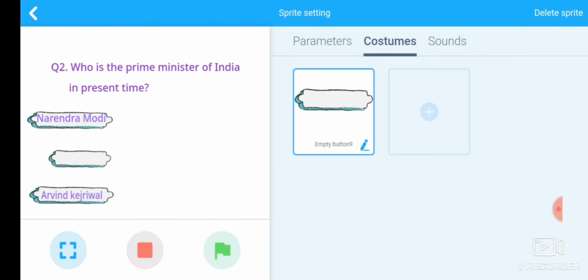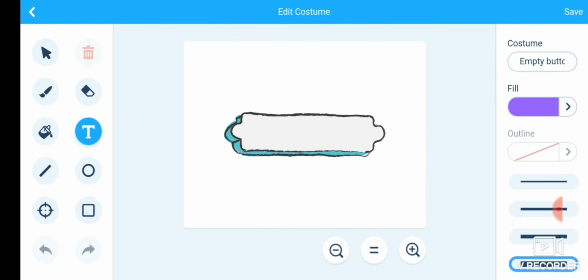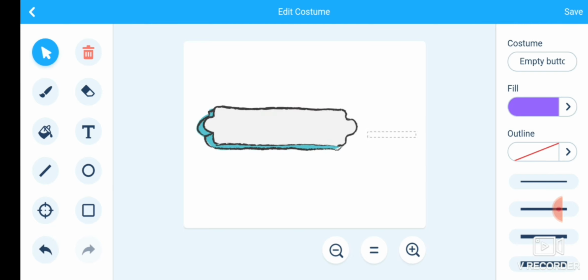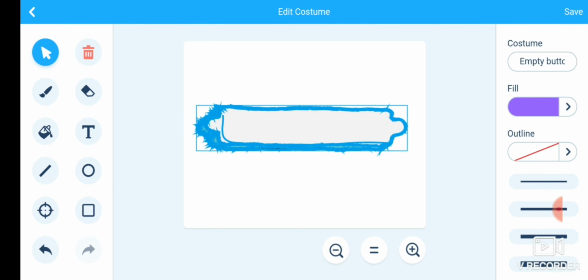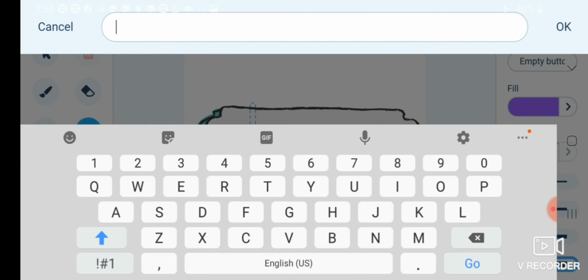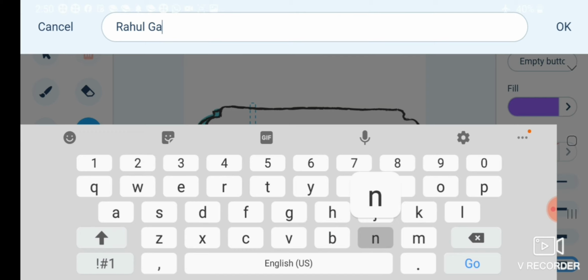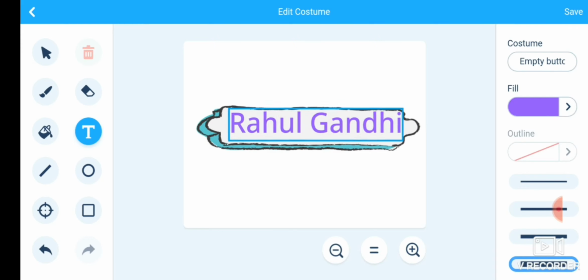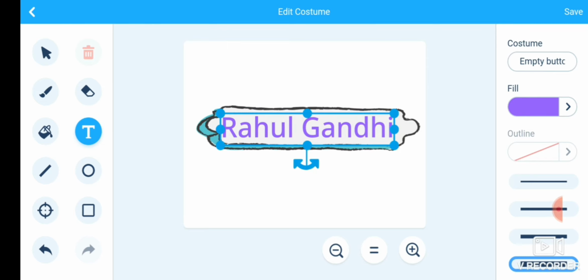Next option is, increase the size. Rahul Gandhi. And then save it.